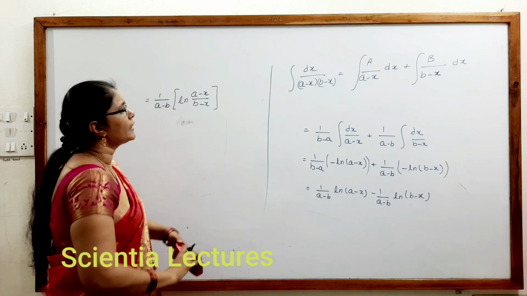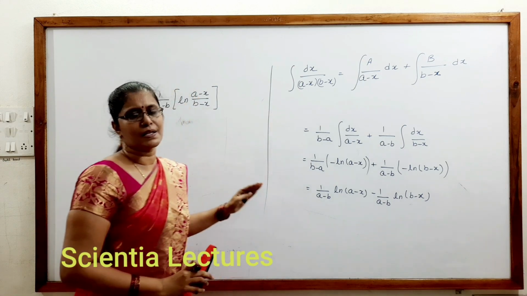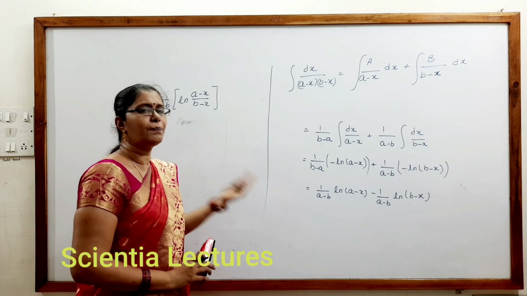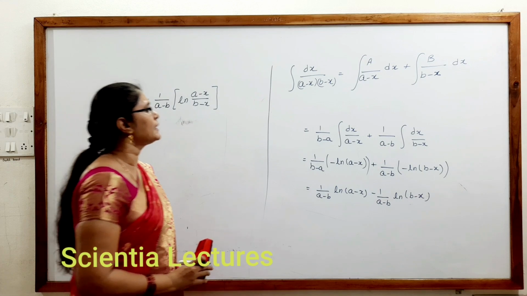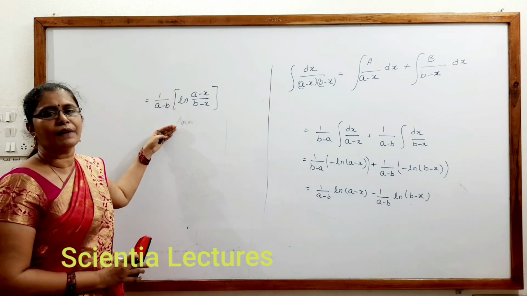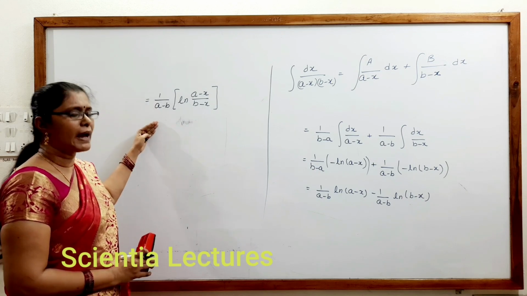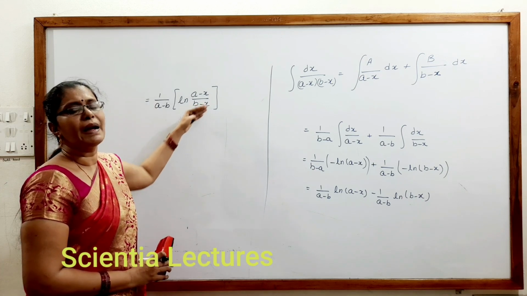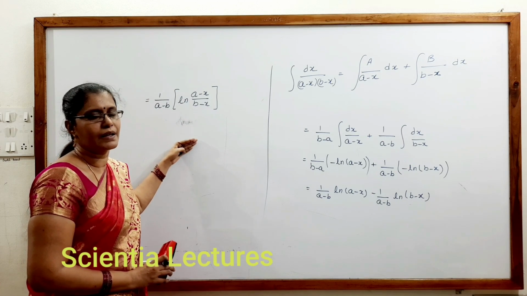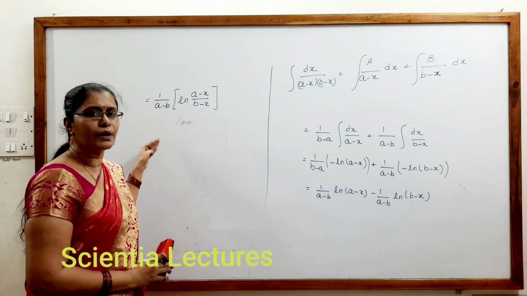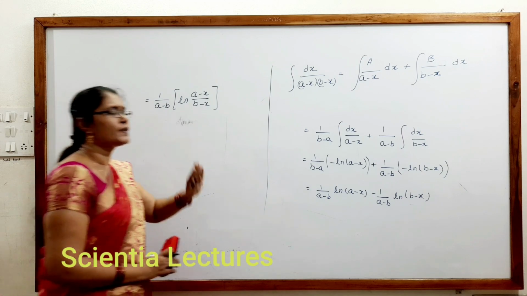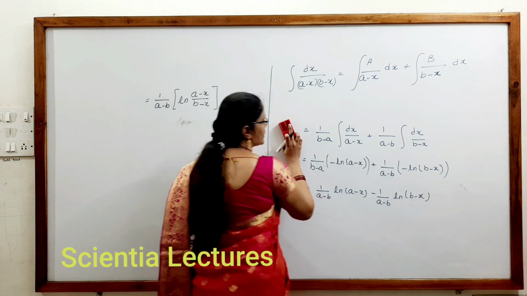Now this is the integration on LHS. RHS we have taken already: integral k dt must be taken as kt plus c. Let us equate that complete equation. Now you can completely note down up to here what is the integral of LHS. We got 1 by (a minus b) ln of (a minus x) by (b minus x) for the integral of the LHS side. So check that carefully and note it down, because we are going to rub this and check the next condition of equating LHS integration and RHS equation.